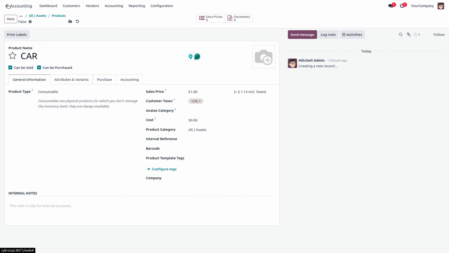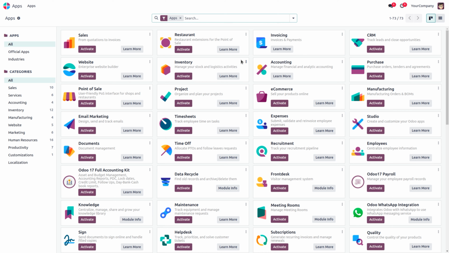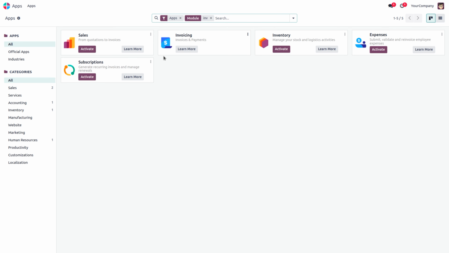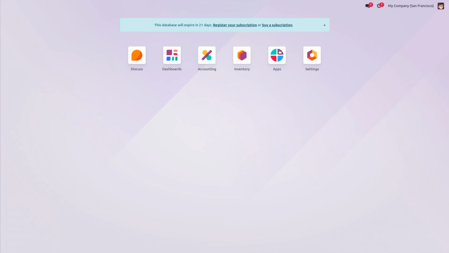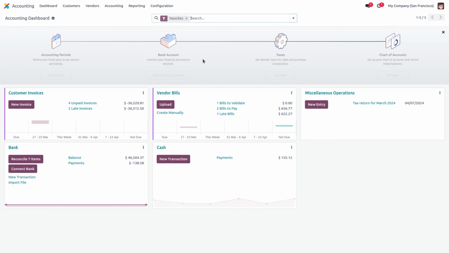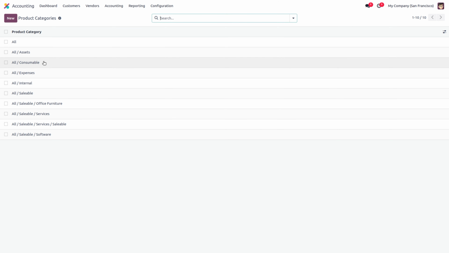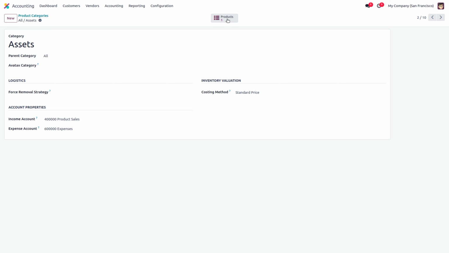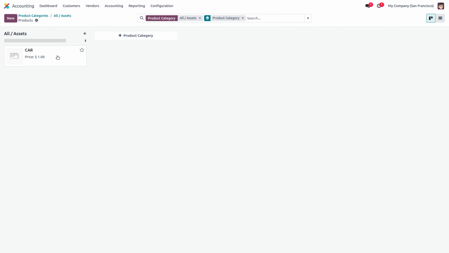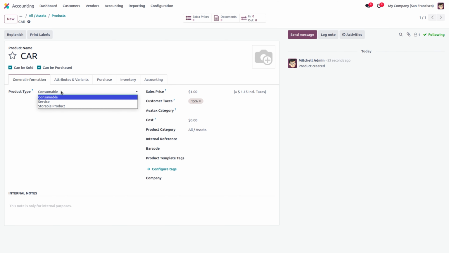Let's go back to apps and install the inventory module since I haven't added that. I'll be keeping it as a storable item, like the assets itself. So let's install inventory, then only you'll be able to get that product type storable. Okay, the module is installed. So I'll move back to the product categories, and under assets, I'll be having one product, say car, which is a consumable,